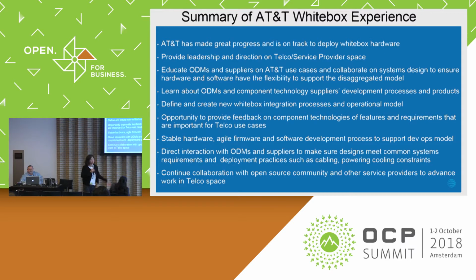It gives you an opportunity to provide feedback to both the ODM and the component supplier on the features important to the telco use cases. Another thing that we find